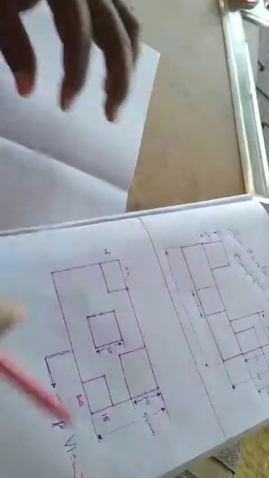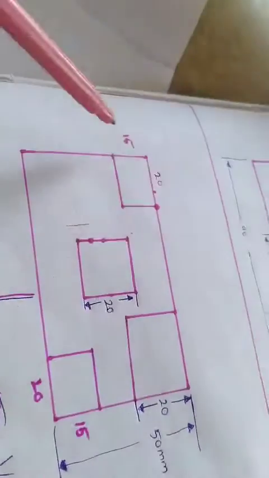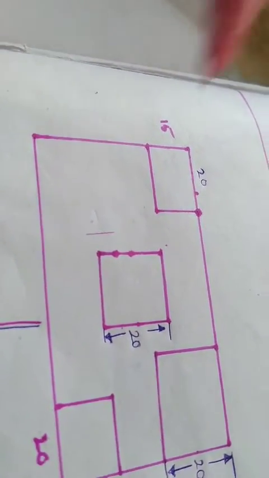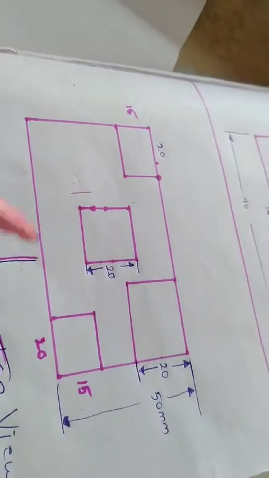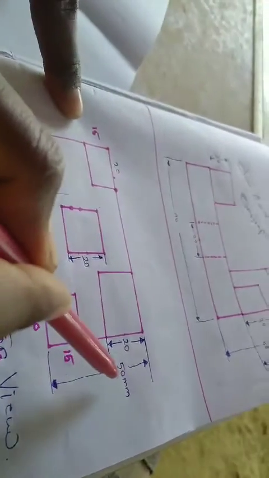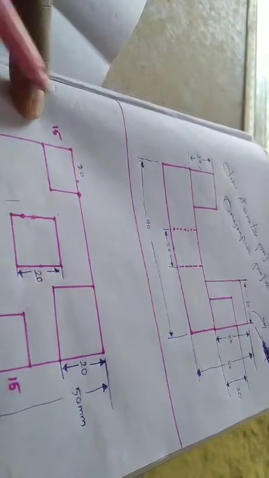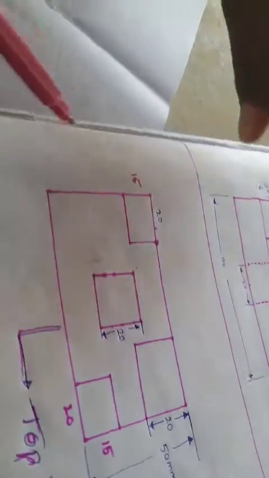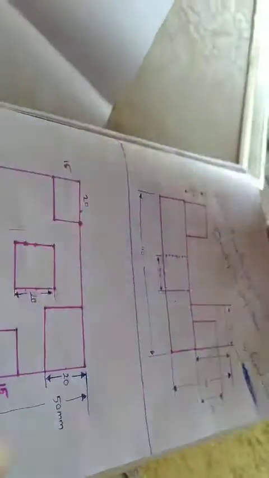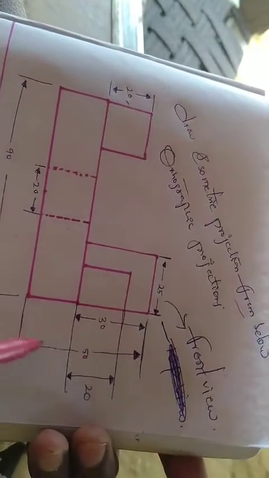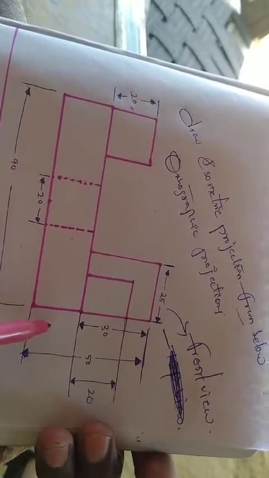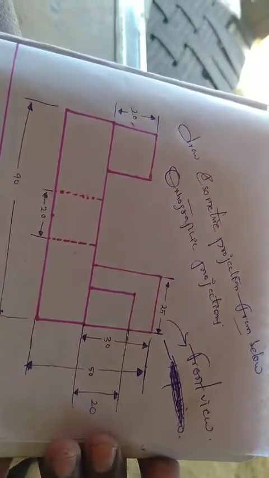First of all, the width of this 3D object is here. Why? Because this is a top view, and in the top view we are able to see length and width. The length is 90 mm and the width is 50 mm. First we have to draw this 50 mm line. The next height: this base height is 20 mm. Why? Because here we have a total of 50 mm, and from here to here the top box is 30 mm, so the remaining is 20 mm.